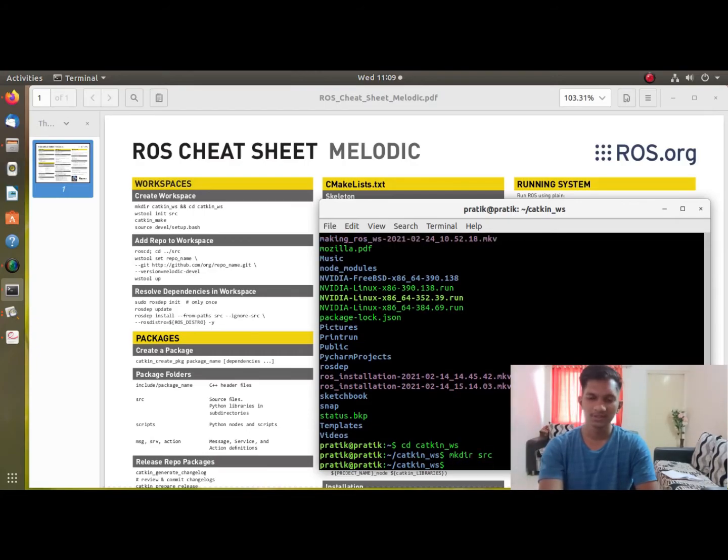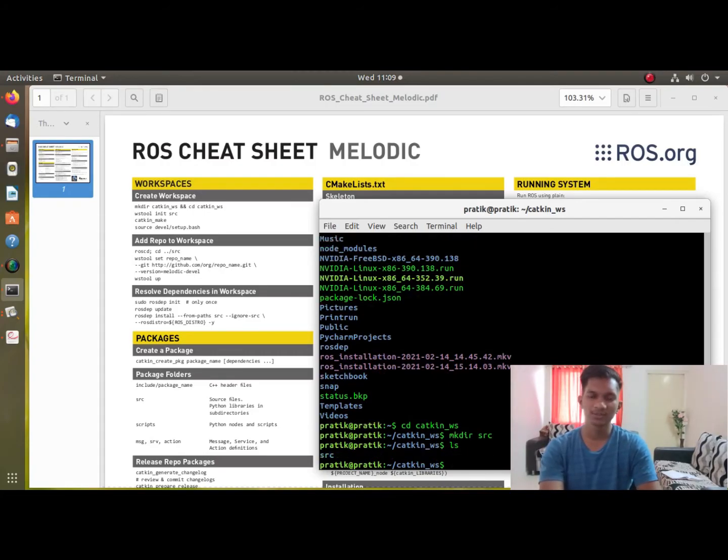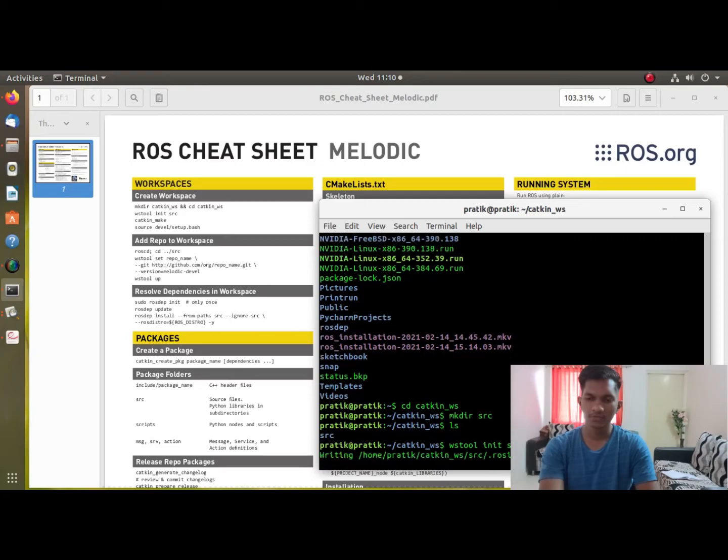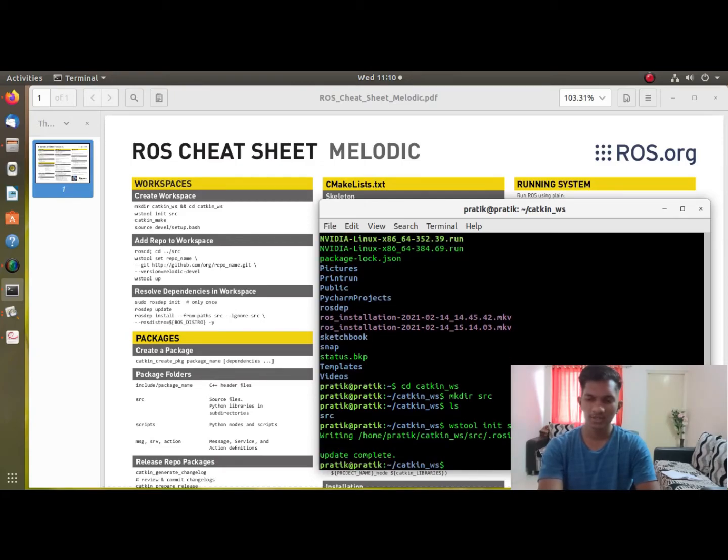Now we can see that there is a source folder in our catkin workspace. Now we need to initialize it. The command, which you can see in the ROS cheat sheet, is catkin_init_workspace src. It will initialize and install the support files needed.